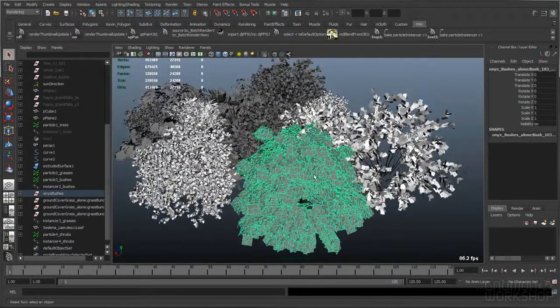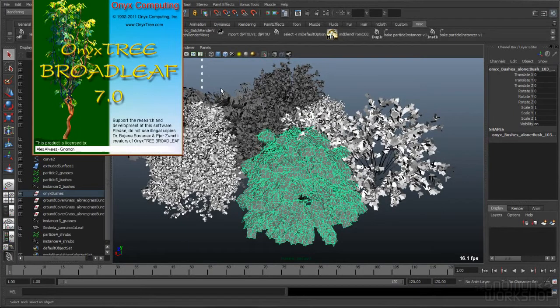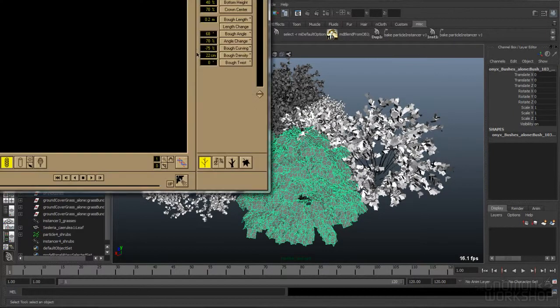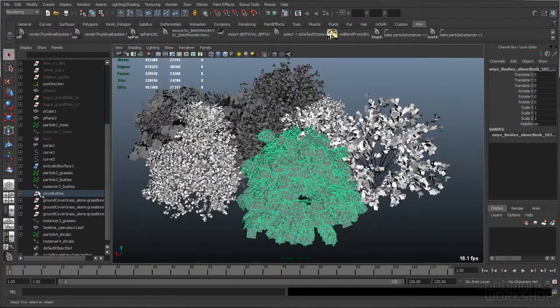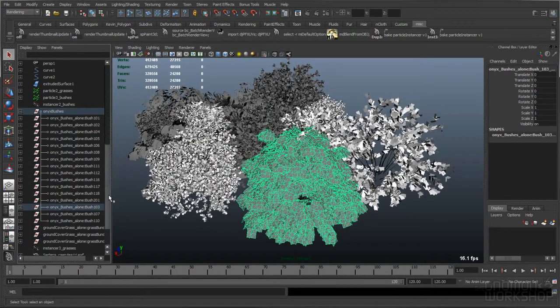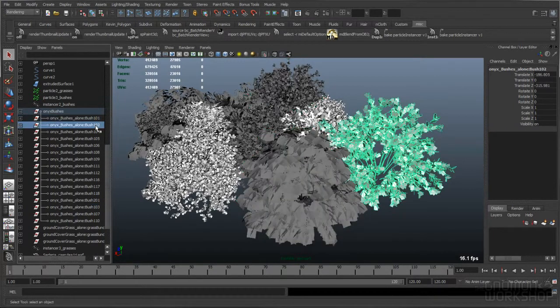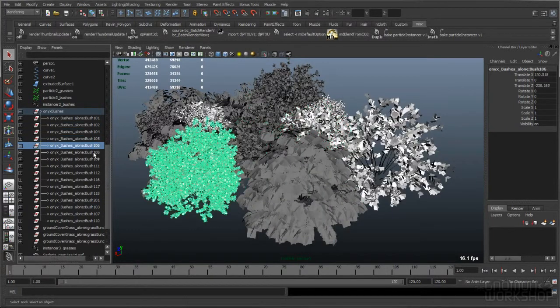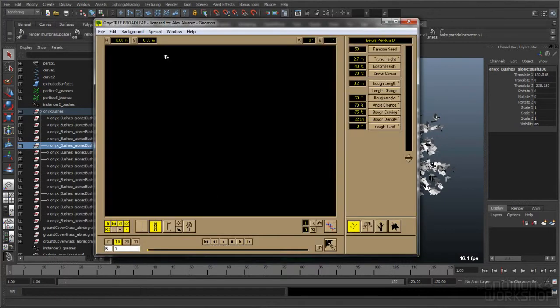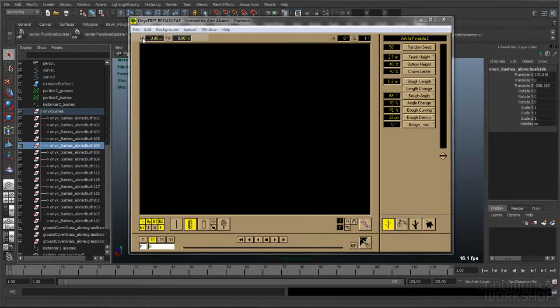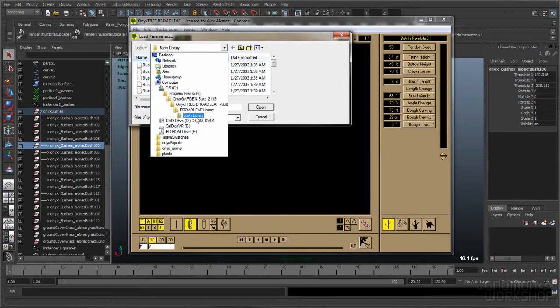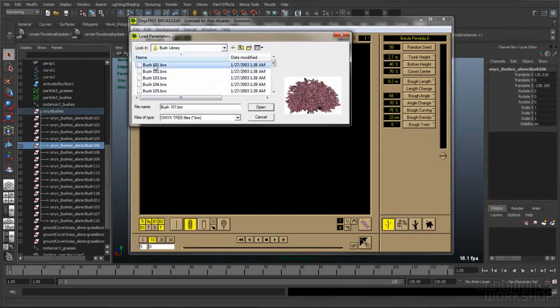So again, remember, if I go and launch Onyx real quick and take a look in Maya and open this up, you'll see it's named Bush 101, Bush 102, Bush 104, Bush 105. That's actually the name of these bushes in Onyx. So if I say load parameters, and I'm in the bush library, Bush 101 is that one. Bush 102 is that one. So if I load one of these